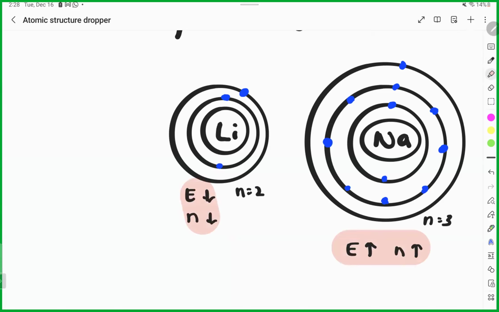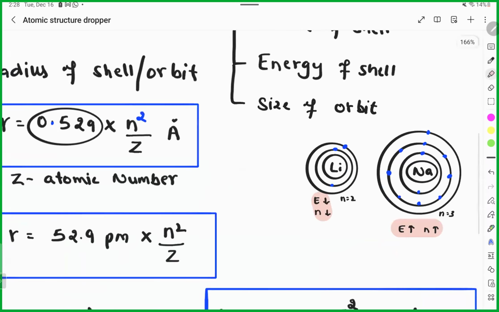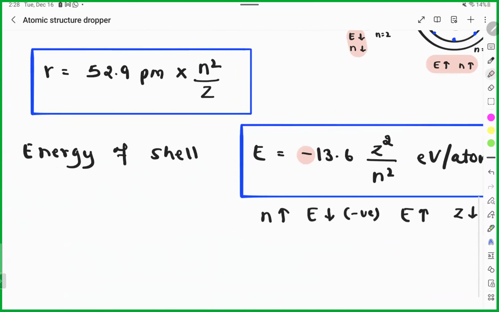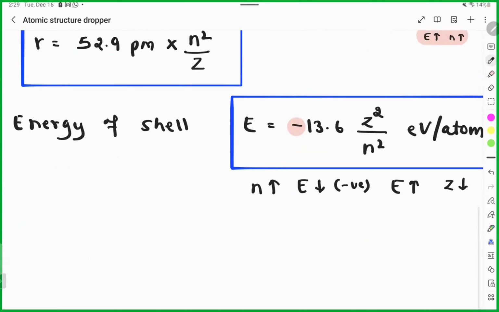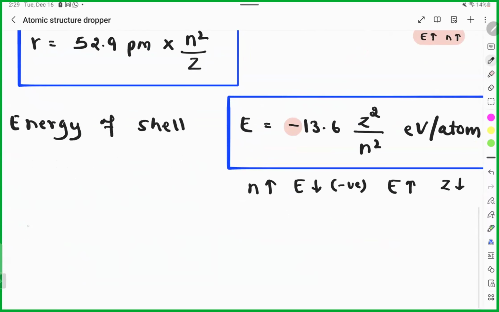Based on that, you can see velocity also. If electron is close to the nucleus, it will move fast. And if it is far away, then attraction will be less, so speed will be less. So you can calculate speed also. If you want to calculate velocity of electron, you can say v is equal to 2.18 into 10 raised to power 6 Z divided by n